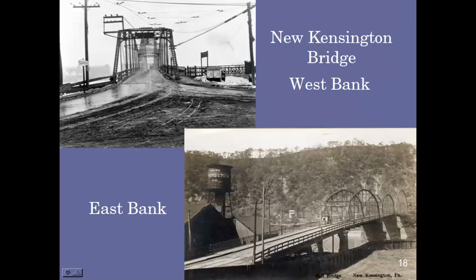Tracks were laid across this bridge in 1902 to access New Kensington. This is from the west bank of the river looking across the river, and this is from the New Kensington side looking back. Now, I mentioned earlier about the railroads having issues with trolley companies crossing their tracks because of safety. At the lower end of the bridge on the New Kensington side, the tracks cross part of the